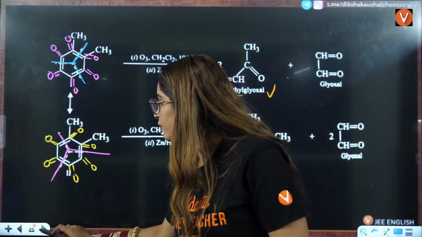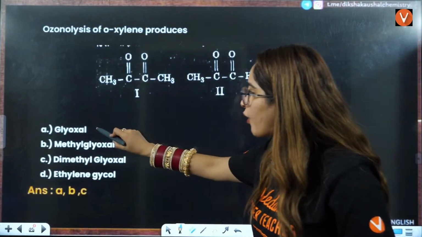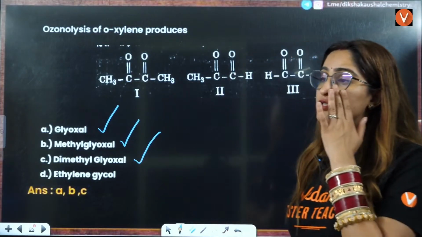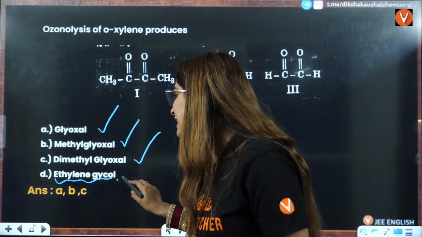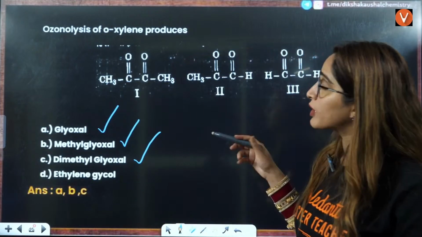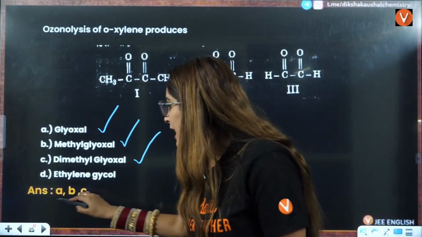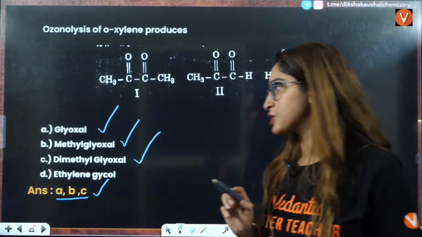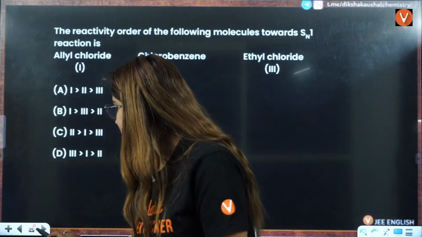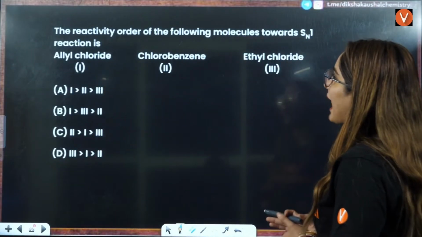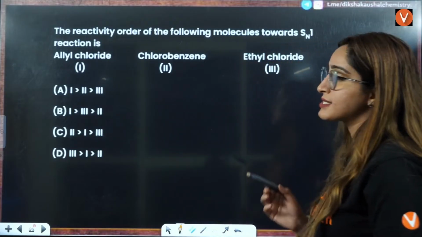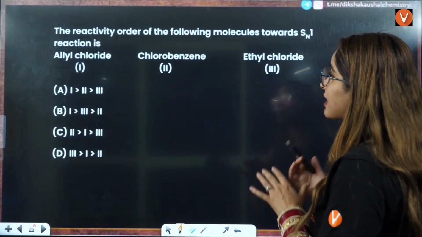Now they are asking you which of the following is not present. See, glyoxyl was present, methyl glyoxyl was present, dimethyl glyoxyl was present. So ethylene glycol is not present. So they are asking you which of the following products is produced here. So A, B and C are produced here. So the answer will be A, B, C is the correct answer. Is that correct? Okay. The reactivity order of the following molecules towards SN1 reaction is, this is allyl chloride, so